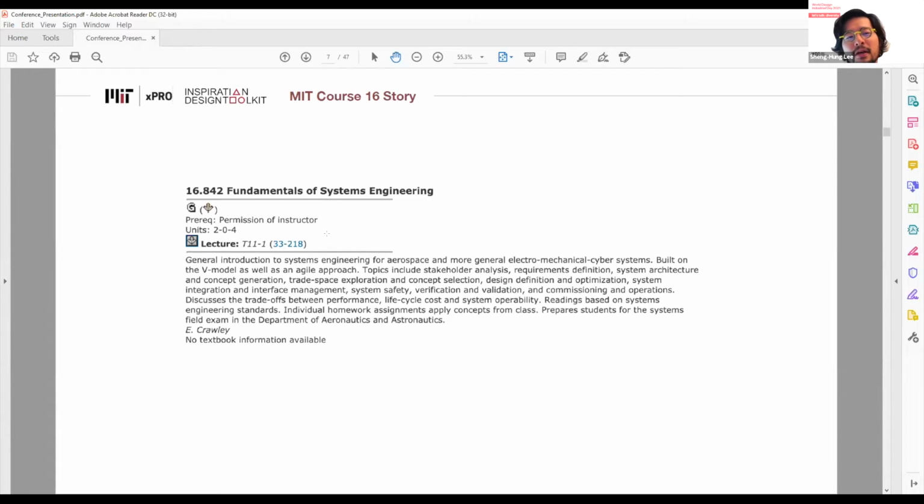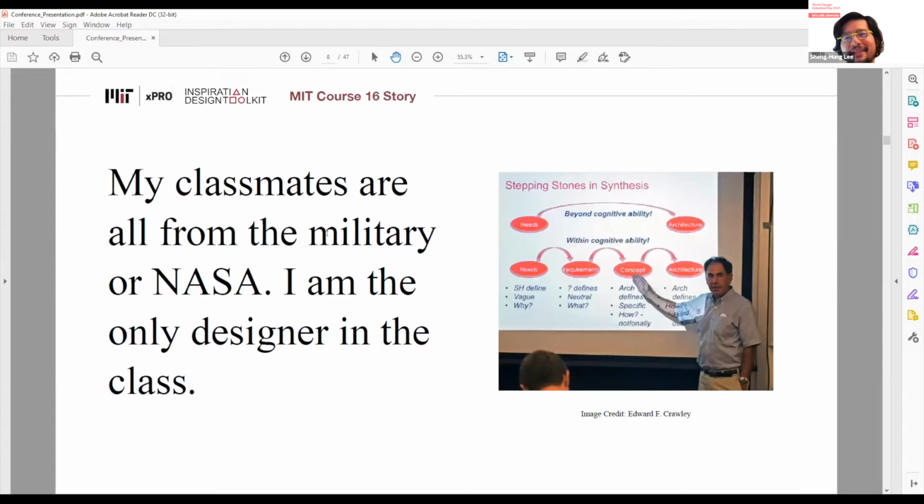The 16.842 class is called Fundamentals of Systems Engineering, and it's basically taught by Ed Crawley. They talk about the basic principles, the framework of systems engineering, and how that applies to aerospace. Funny thing, my classmates were mostly from the military and NASA, so I'm the only designer in the class.